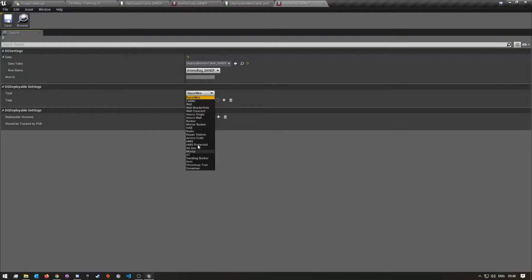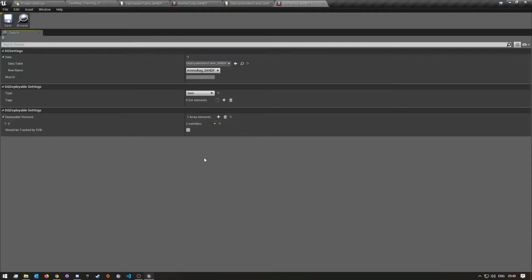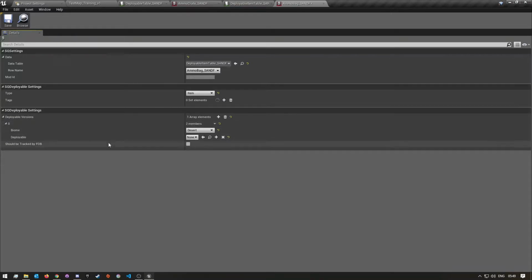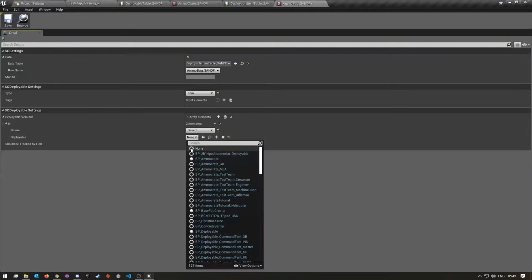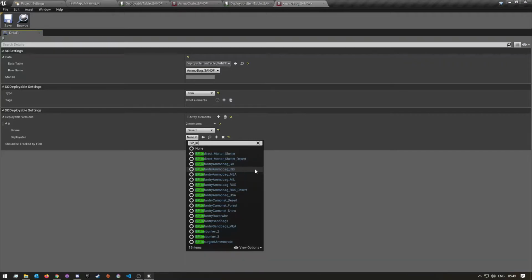Oh no, for this, you want to choose item. Where the hell? Oh, here. Okay. The text is a bit small, so I can't really see it that well. And so after you've done that, again, under deployable versions, you want to go down here. Obviously, I'm just going to leave it on desert, and then for the deployable, you want to search bp underscore